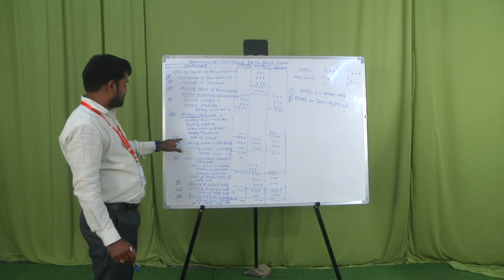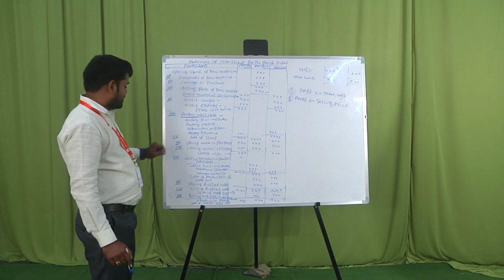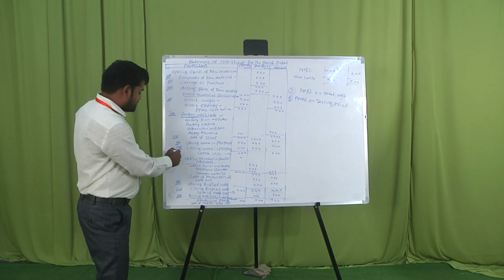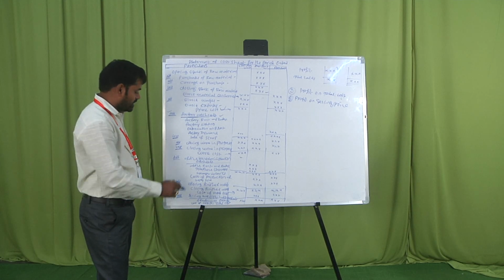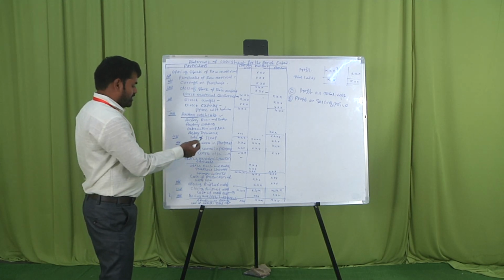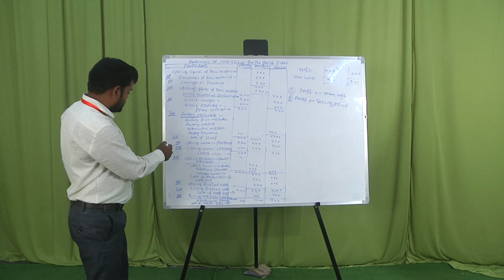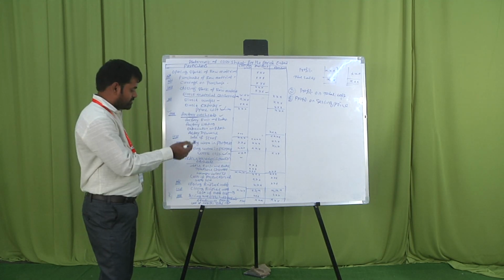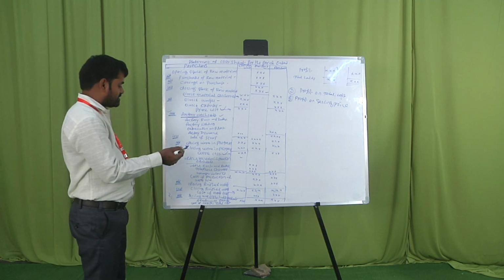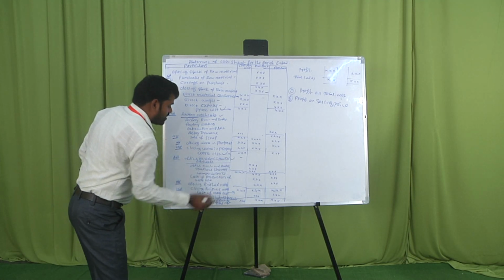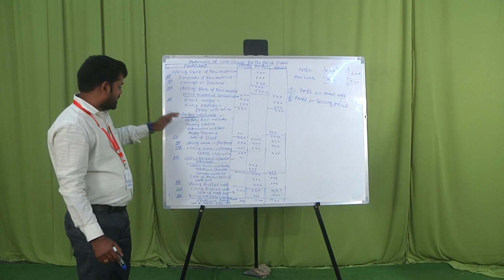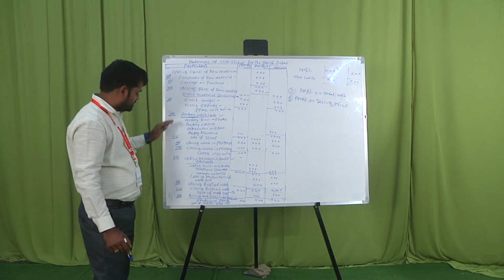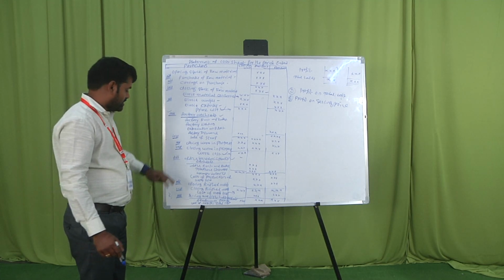After deducting the sale of scrap, then add opening work in progress. Then less closing work in progress. Finally, after adding opening work in progress and deducting closing work in progress, we get the works cost. After works cost, some expenses carry forward to the office or administration department. The factory overheads are only factory expenses, and the administration department is next.